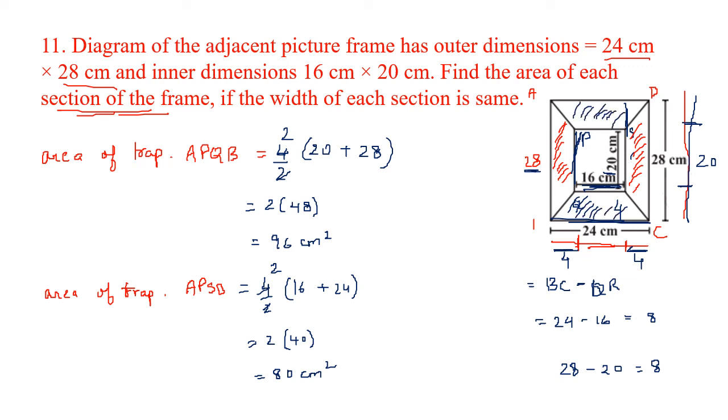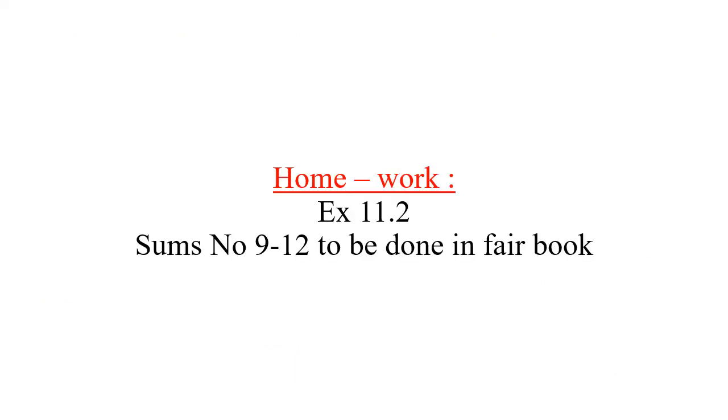So I hope you have clearly understood the sums. They might look a little complex to you, but if you repeat the video 2-3 times and do the sums thoroughly, you will understand the concept. And for your homework, the three sums 9, 10 and 11 are to be done in the pair book. But it is not 12, it is 11. So repeat the video 1 or 2 times until you are clear with the concept.